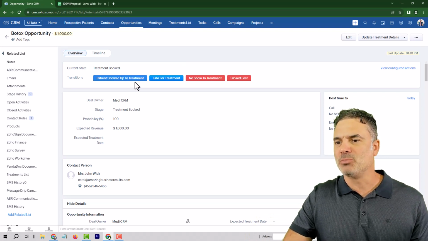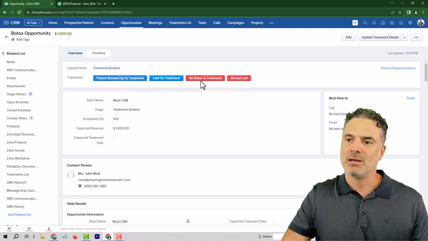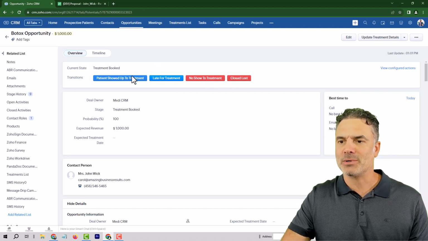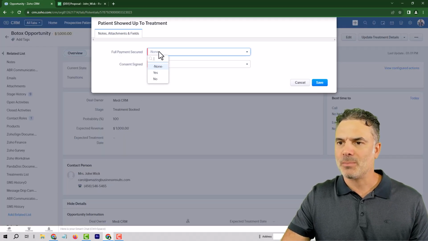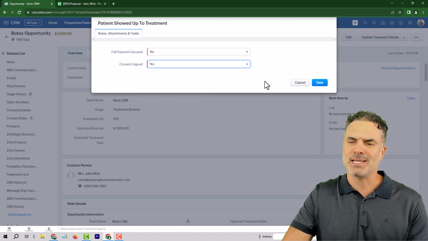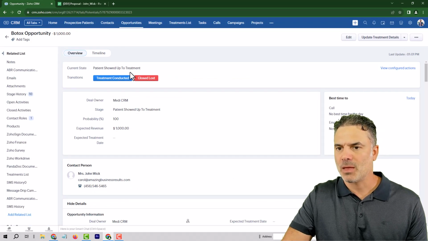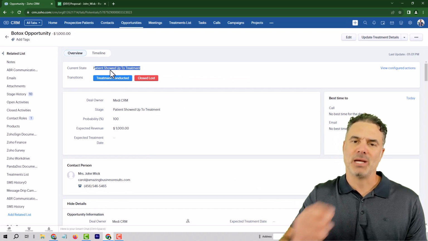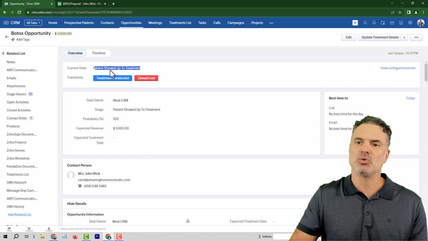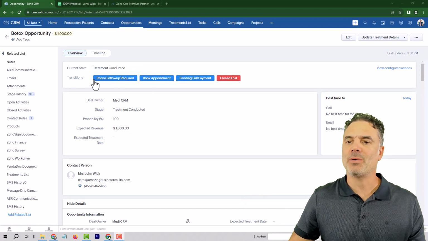Whenever the treatment is booked, or the patient showed up, or the patient is late, or no show, in all those cases, there will be different automations that will run in the background. Let's go with patient showed up. We need to see if payment was received, if the consent was signed, and then let's click on yes. Now, if the patient showed up and then the consent was signed, everything is good, he can go into the treatment. And if the treatment was conducted, now I will have the phone follow-up